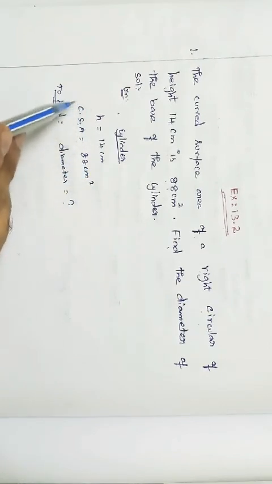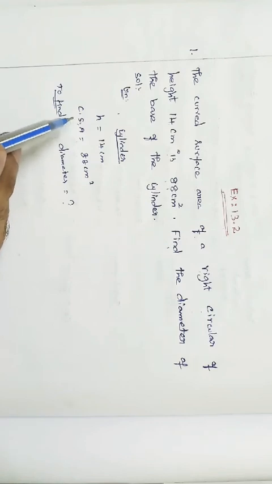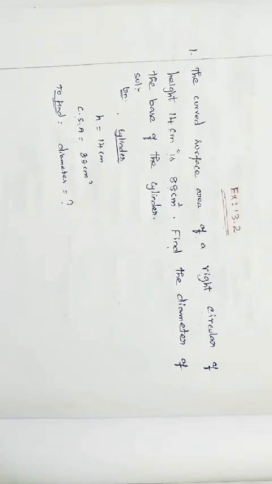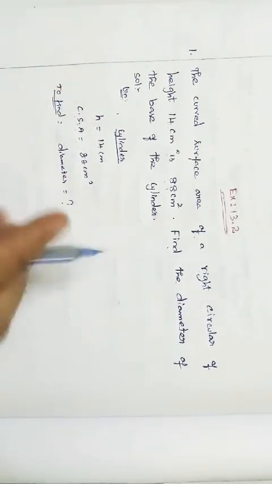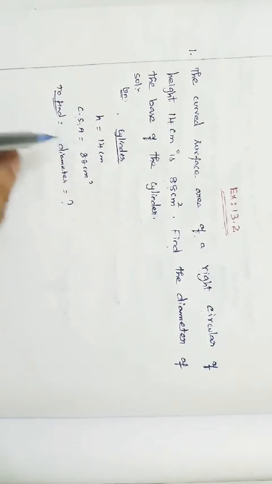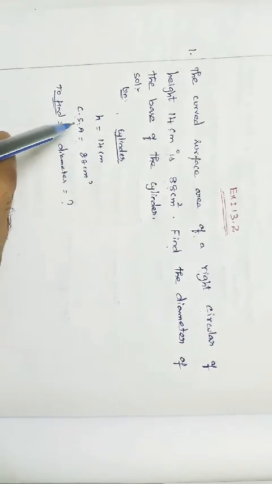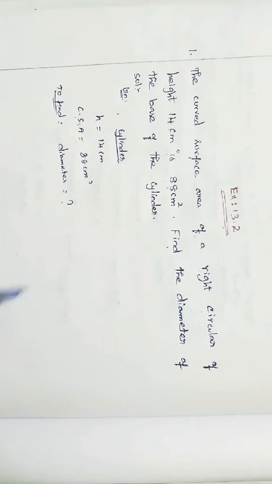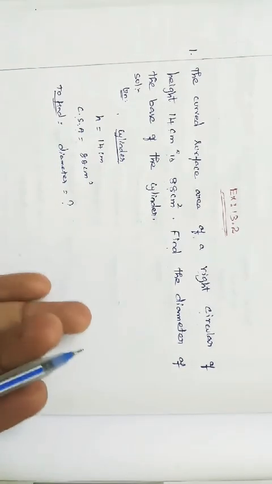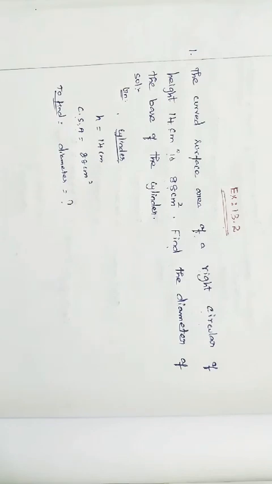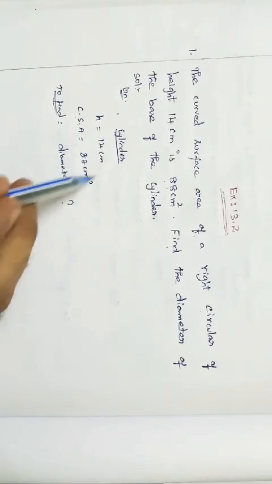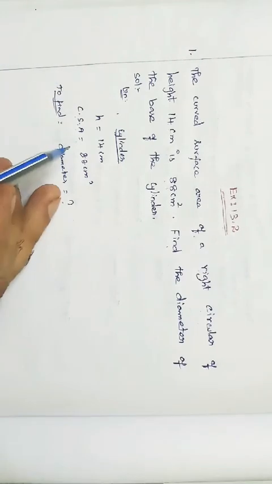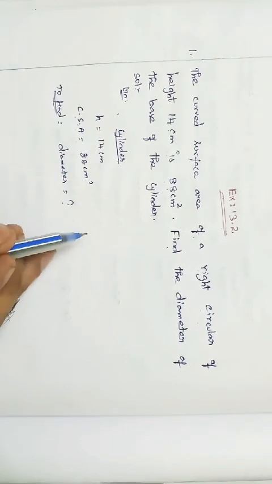What is the constant formula? The CSA formula is nothing but 2 pi r h. So we want to equate 2 pi r h is equal to 88 centimeter square, right? So you have to keep these things in mind, very important. Not only for this question alone, whenever we are having the given, usually we only want to find the curved surface area or total surface area or whatever formula we have. Even for the area of a square, what is the formula? Side into side. If they are giving the value of the area of a square, then we want to find something in that formula. It's like equating the constant value with the constant formula. That is very important, right?